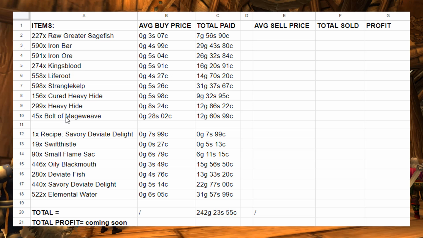And we didn't get too much of the bolts of mageweave. There wasn't too many up on my server. We got 45 bolts of mageweave, and the average buy price was 28 silver and 2 copper each for those, spending a total of 12 gold and 60 silver to get all those. Now these ones right here are a bit more long term, which we will sell all the way through